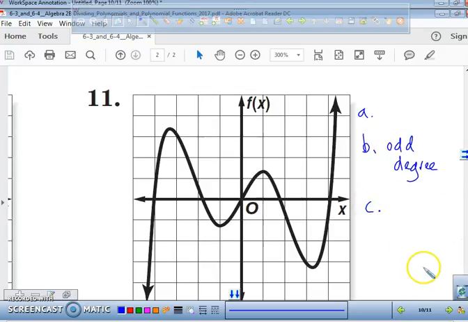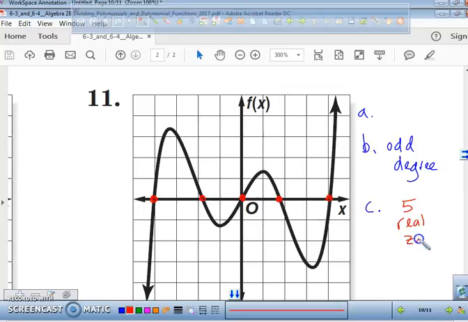C, everybody, asks you for the real zeros. The real zeros are where the polynomial function crosses the x-axis. So let's put a point every single place where it actually touches the x-axis. Right here. Right here. Right here in the middle. Right there. And right there. How many real zeros does this have? That's 5. So you put 5